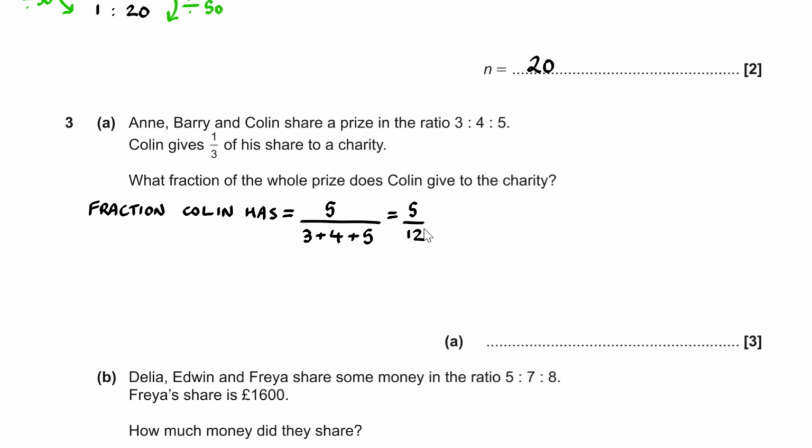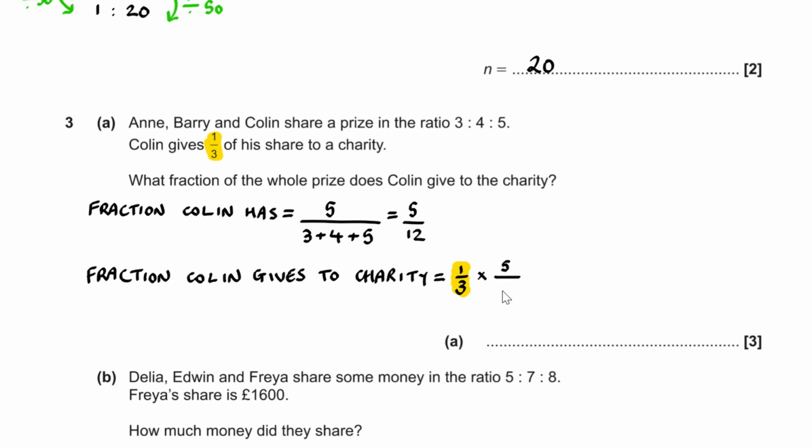And therefore, Colin gives 1/3 of his share to charity, so the fraction Colin gives to charity will be 1/3 of this amount, so of course we multiply by 5 over 12. So if we work this out, indeed we end up with 5 over 36. So therefore, this is our answer, 5 over 36. And now for part B,